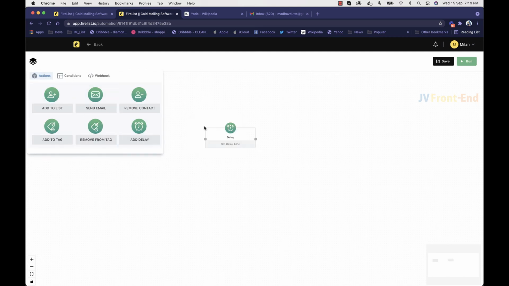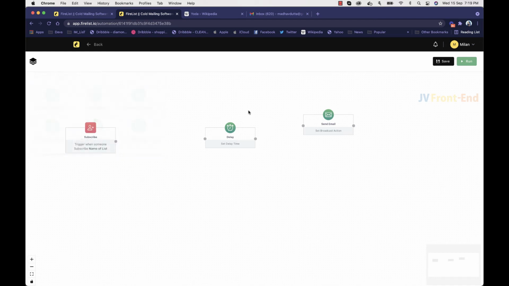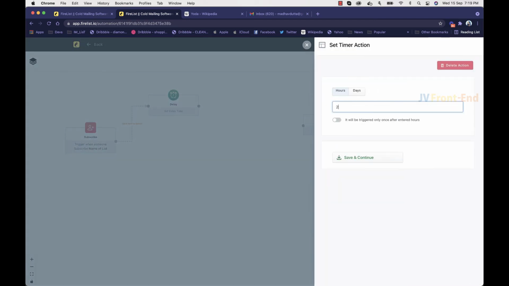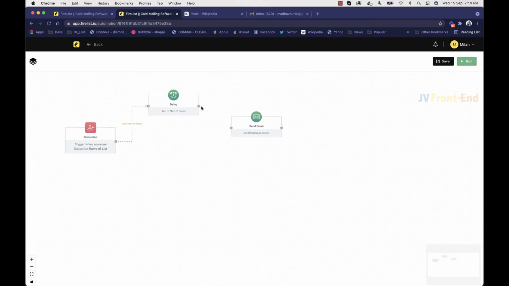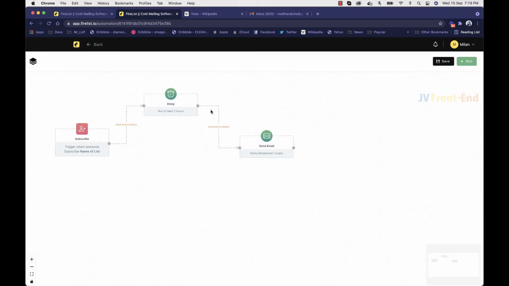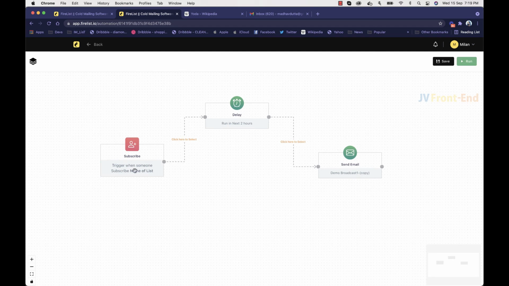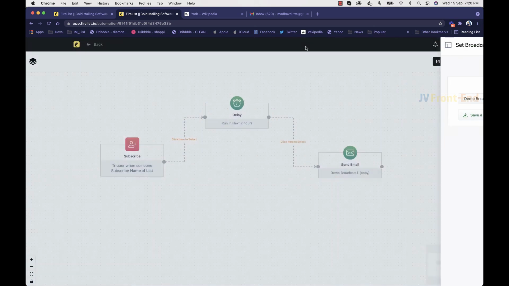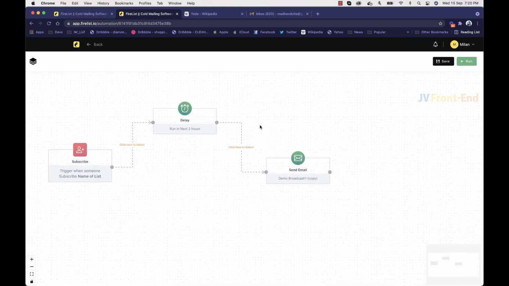I'll click on add delay once again. I'll send email. Done. Okay, so now you can see we have added a delay of 2 hours and we have connected it with the send email. So what is happening? If somebody will subscribe, this is the email which I've just created as a draft. Okay, now what is happening? If somebody will subscribe to my list, name of list, and after 2 hours, he will receive this email which I have selected from here. Okay, and if he,